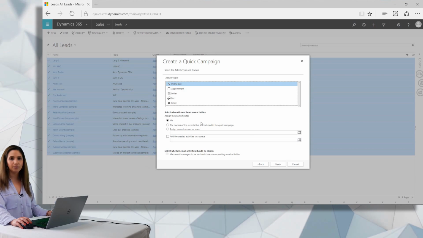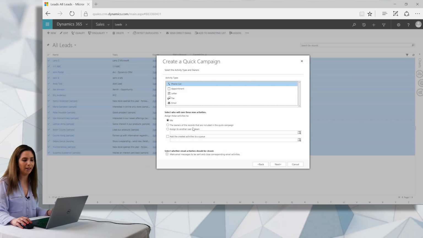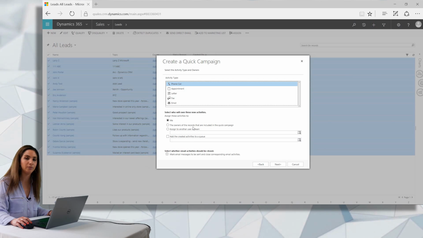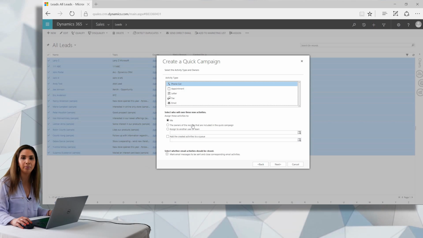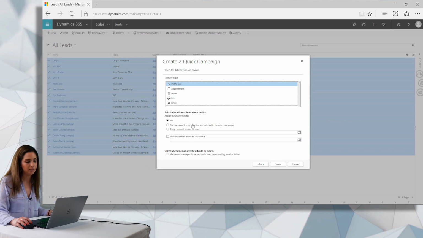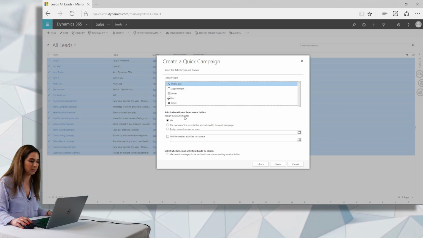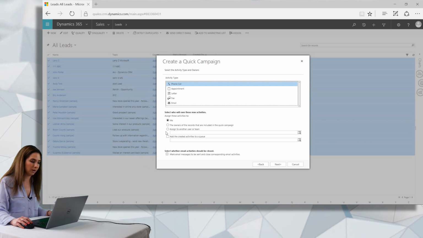and then you can select to whom you're assigning the activity. If you're creating this for yourself, and that might very well happen, I can import a list of leads for myself into the system, and then I want to create a task so I don't forget, and I have it on my radar to reach out to all of those leads. That's a good way to do it. So I could select myself here and assign these activities to me,